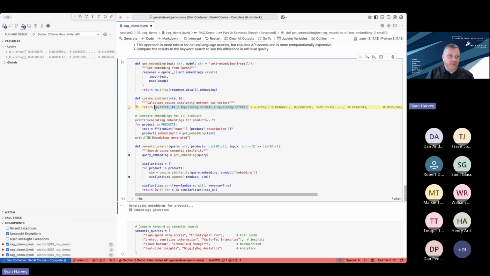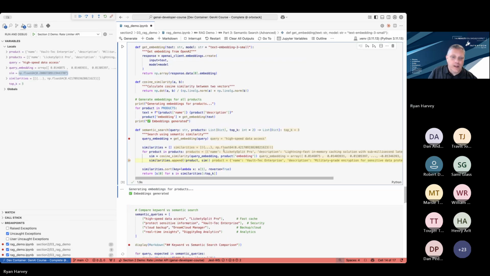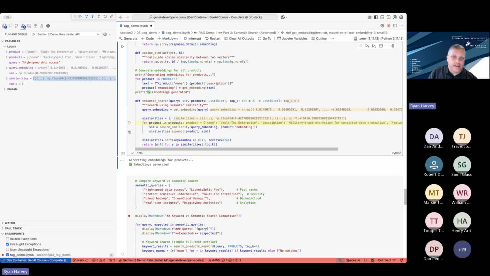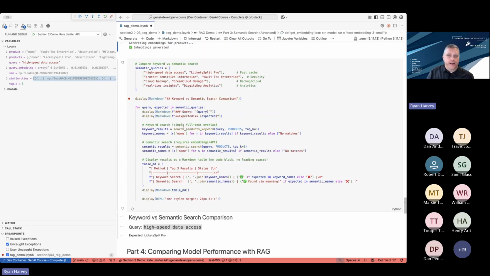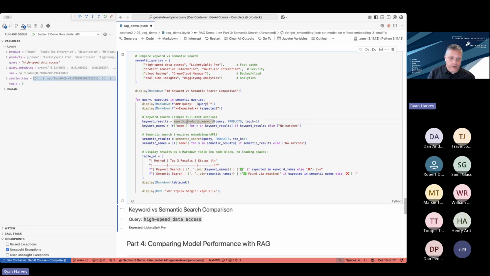This is a property of these embedding vectors that when we do this cosine similarity, it's just doing some dot product and some multiplication here. It's just doing linear algebra on these two arrays of numbers. And the bigger this number, the more similar the semantics are of the wording in there. So this is just a new way to do a search that can find things that are a little more subtle than an exact keyword match. That's the story behind embeddings. If I take this breakpoint out and I run it,